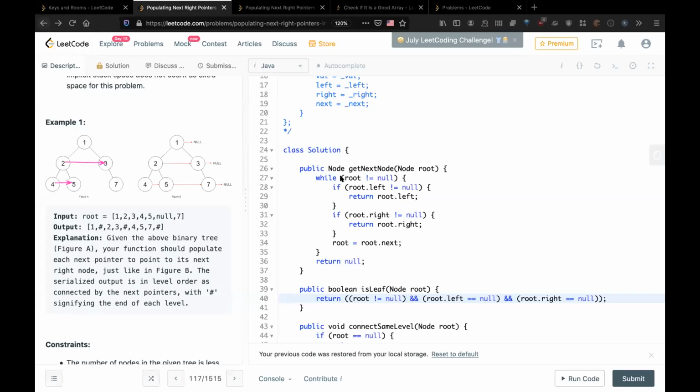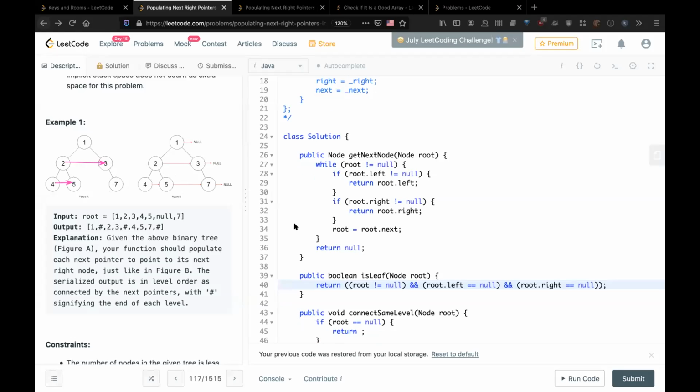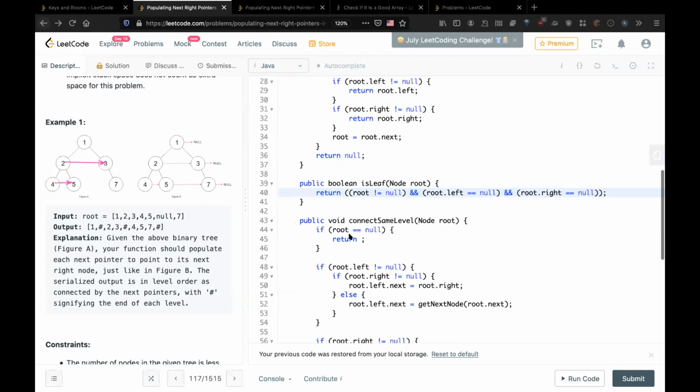So this will go into the while loop, and since the root dot left is null, this condition won't happen, and root dot right is not null. So it will give me 7. It might happen that 3 also might not have any children. So 3 goes into its next and tries to find its left or right child. So that linked list will continue, because the list is on the parent, almost, right? At every level, we are setting the children's pointers.